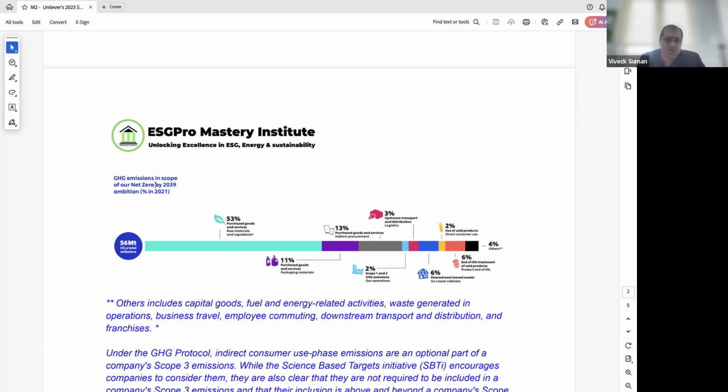So you can decide what you want to hide, what you want to showcase. But there is a principle which you have to follow. What is this principle? These principles are coming from frameworks which have been designed internationally. One of those frameworks is GRI, Global Reporting Initiative, Manish. Unilever claims that they are compliant with it. You know what is the first tenet of that framework? That you will be transparent.